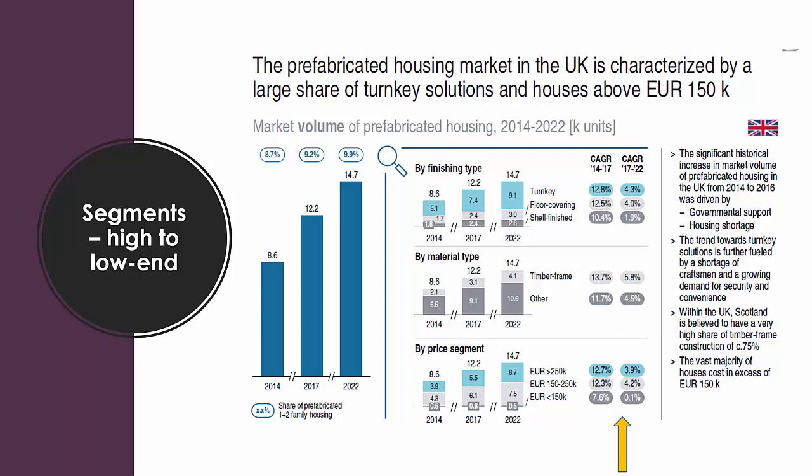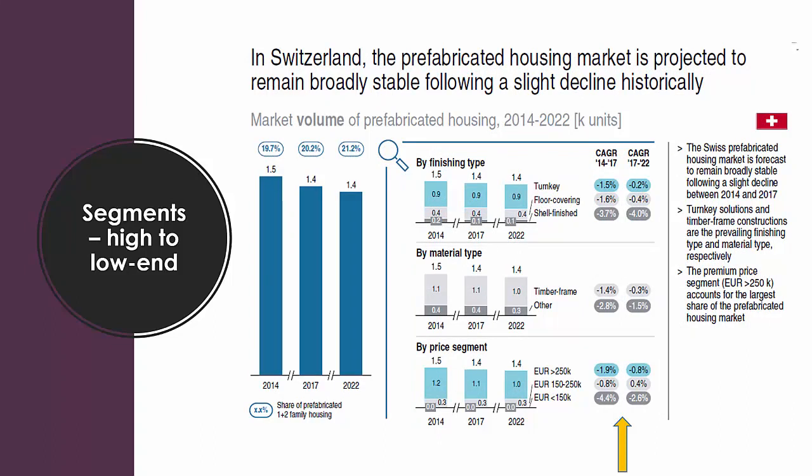And as you can see in the case of the UK, the overwhelming majority of the new houses that are being prefabricated are in the middle to high price ranges. And you'll see if you look through these other countries, Switzerland here, that's again reflected a similar kind of pattern. The vast majority indeed, in the Swiss context are very high end, 250,000 plus. Of course, that may well reflect the general higher prices in Switzerland's economy as a whole,